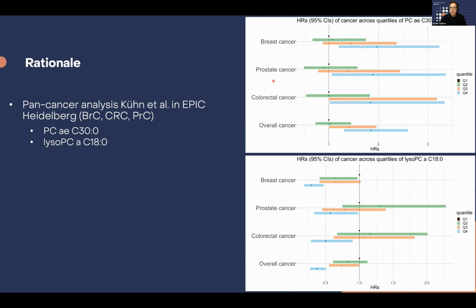And when they combined these three cancer types into what they called overall cancer, they, of course, also observed a similar trend and with an even more significant level of association. And they observed a similar phenomenon for this isophosphatidylcholine, although this time the association was inverse. And so from these results, it seems that indeed some metabolites might be related to cancer risk for multiple